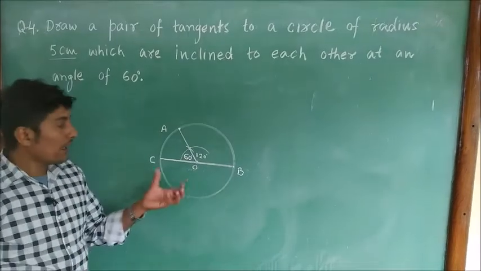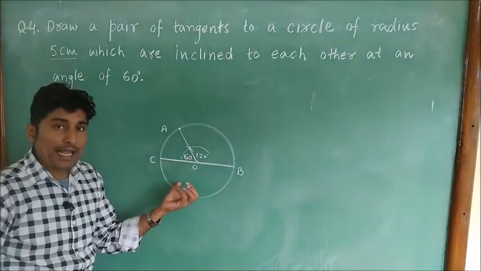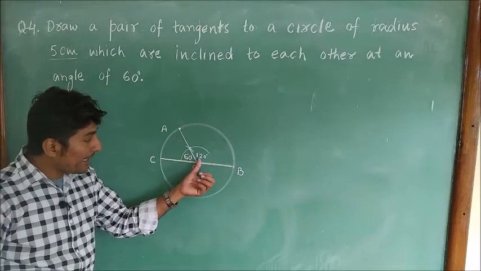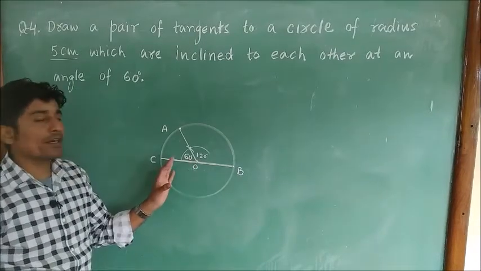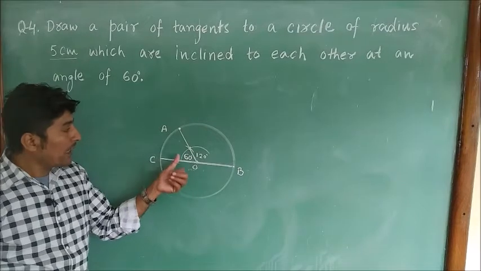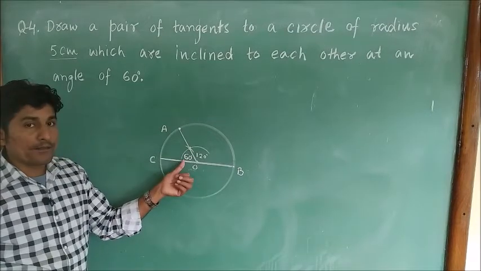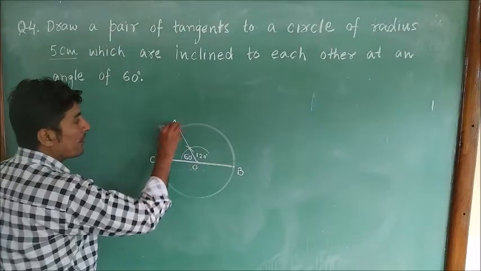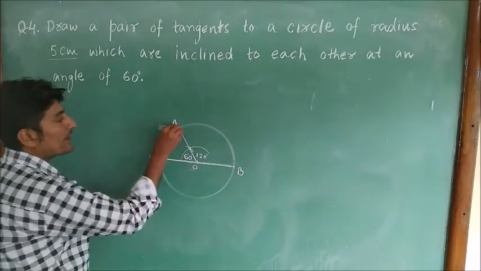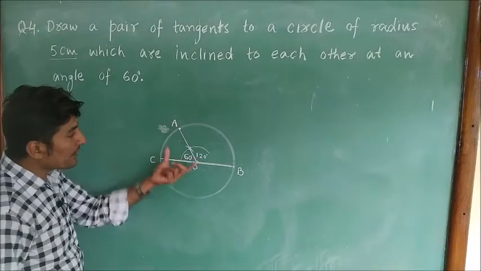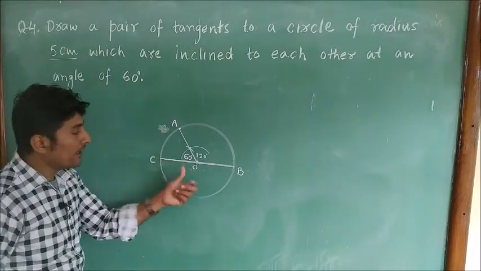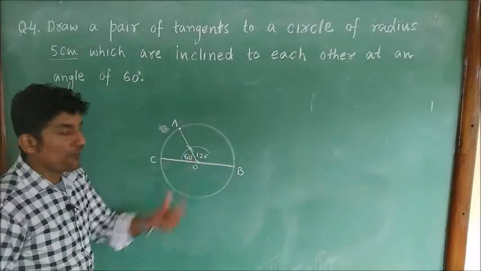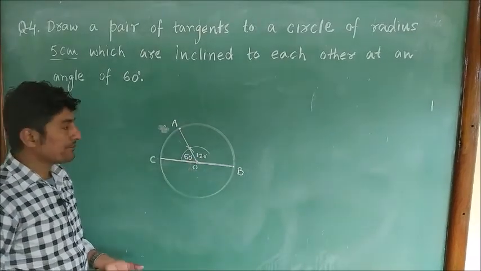120 degrees. Now we have to construct the angle of 90 degrees on both arms of the angle of 120 degrees. We will not construct the angle of 90 degrees on the arm of 60 degrees. This angle 60 degrees has 2 different arms. First one is OC, second one is OA. So these 2 are the arms of angle 60 degrees. But OB and OA are the arms of angle 120 degrees.